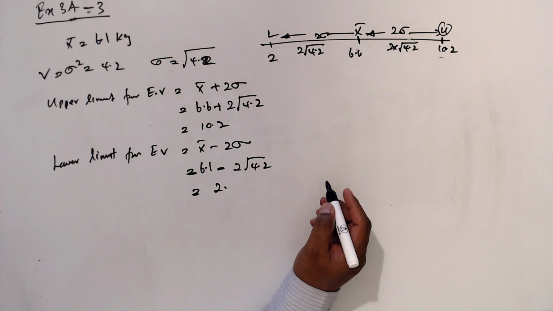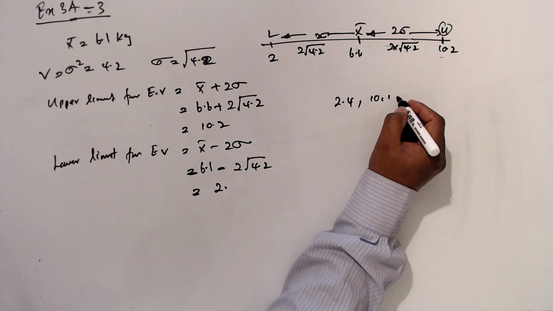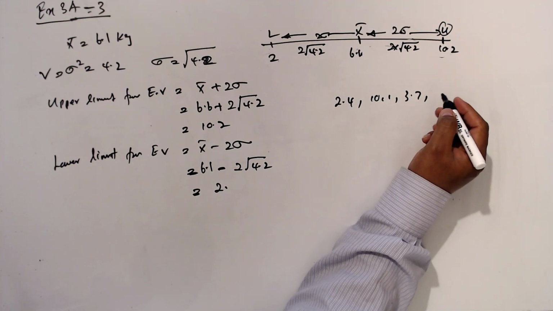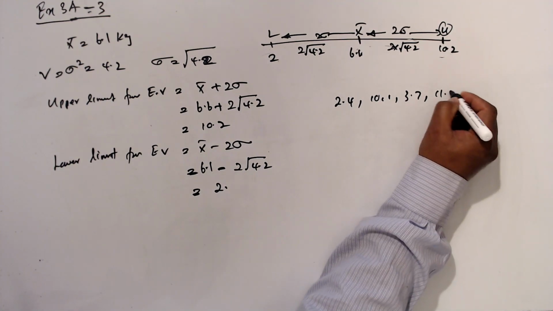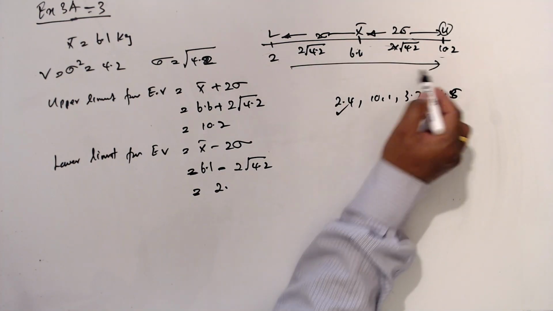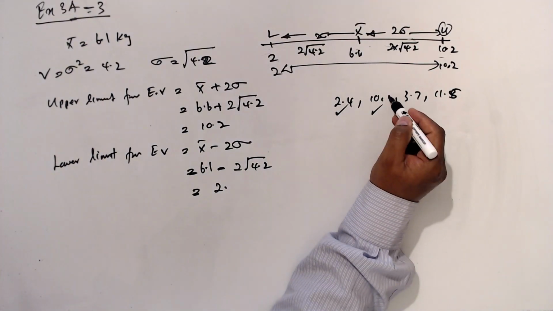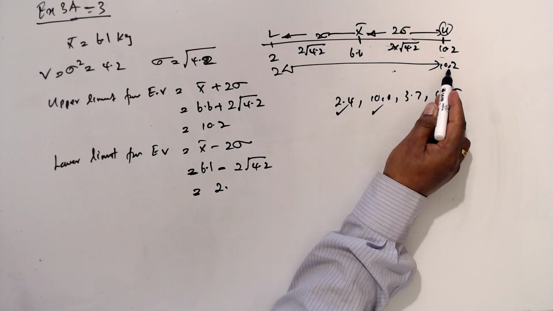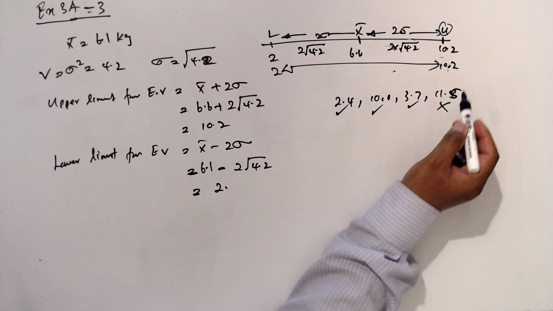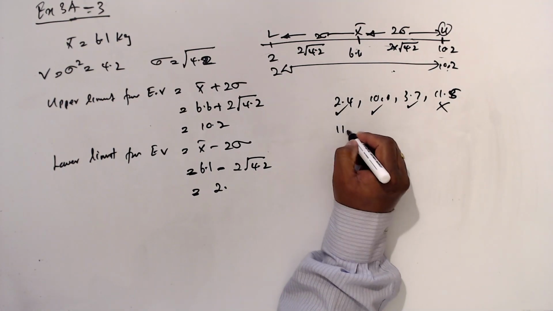Now how many values do we have? 2.4, 10.1, 3.7, and 11.5. So 2.4 is inside, between 2 and 10.2. 10.1 is inside, since 10.2 is the limit. 3.7 is inside. 11.5 is outside. Right? You can't put it into this interval. So 11.5